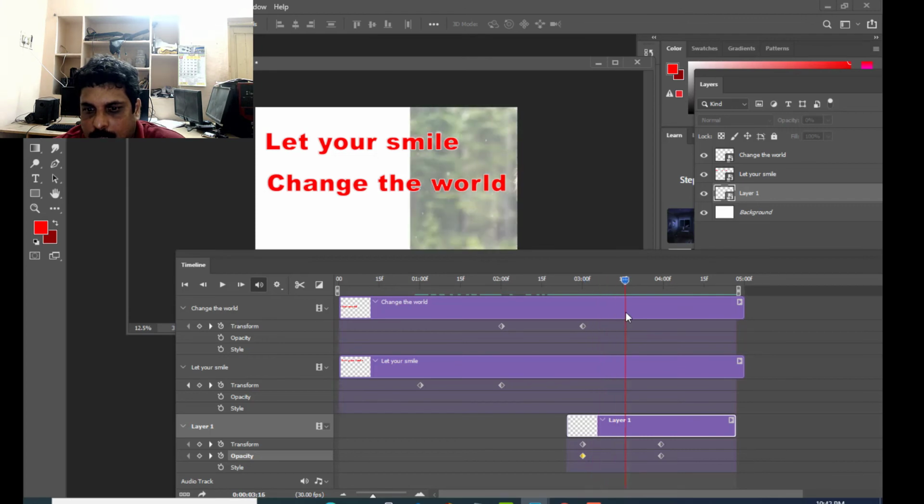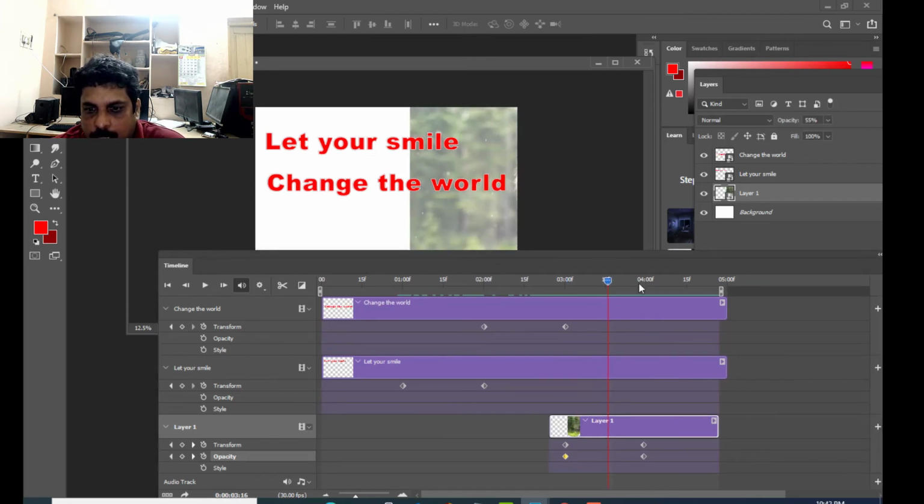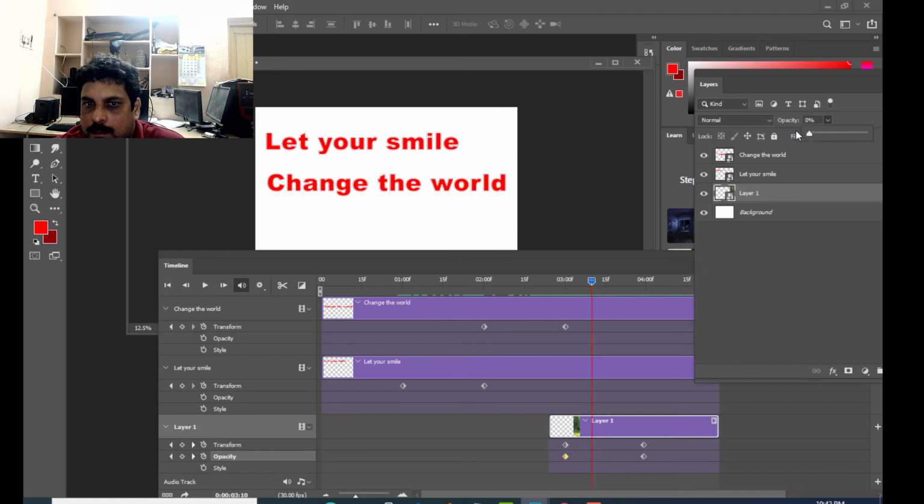And the next thing is, you can also create in between keys here. So say for opacity we are going to create. Let us say we want to reduce the opacity here.